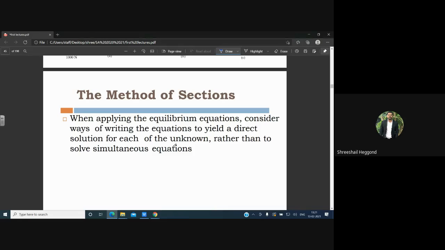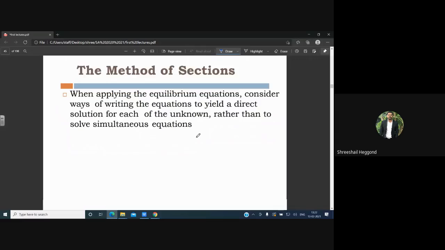Whenever you are going to apply the equilibrium conditions where only one unknown is available in the joint, or only 2 unknowns are available, in such cases directly apply summation of Fx, Fy or moment equal to 0 and find out the values of those sectional members. Wherever it is possible, there you need to go for the minimum number of unknowns, and then calculate those member forces. You need to minimize the simultaneous equation process.